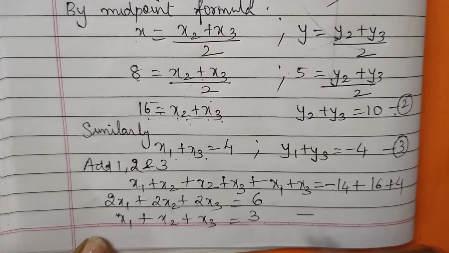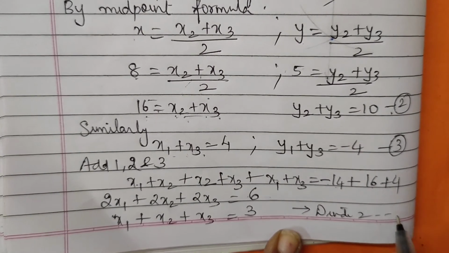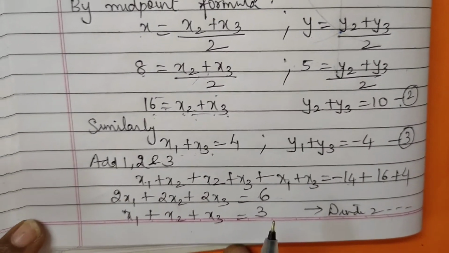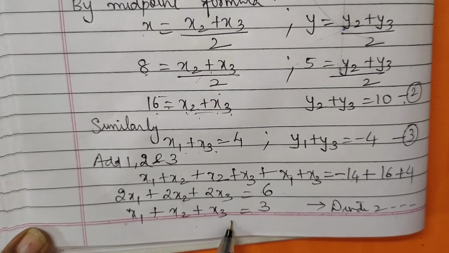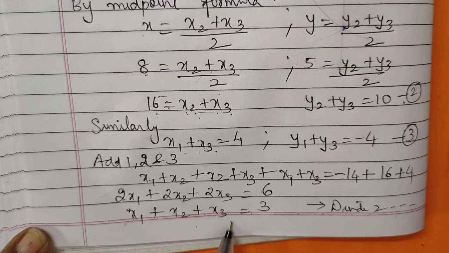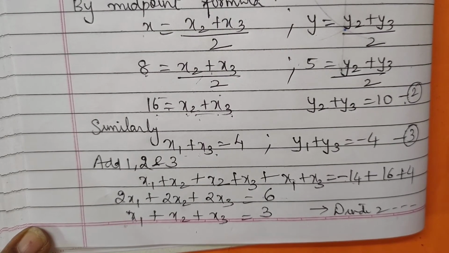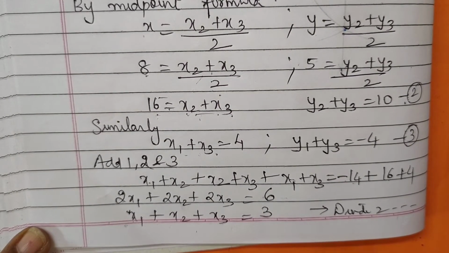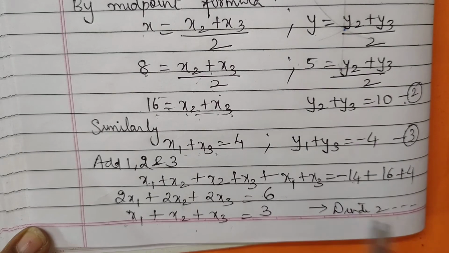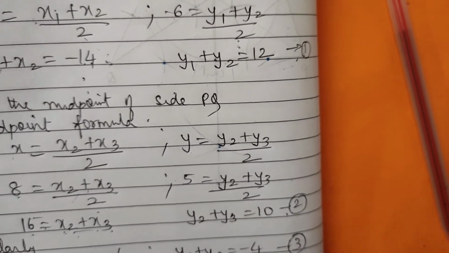2 3s are 6. What did we do? We divided 2 throughout the equation. So this one we got. See now, what is this? By looking at this, we are going to find the centroid now. What does the centroid formula say? x1 plus x2 plus x3 upon 3. So we have got this, 3 upon 2 we can write. Similarly, we want to find for the y also. So I am going to find for y here. We will just understand y1 plus y2 plus y3.